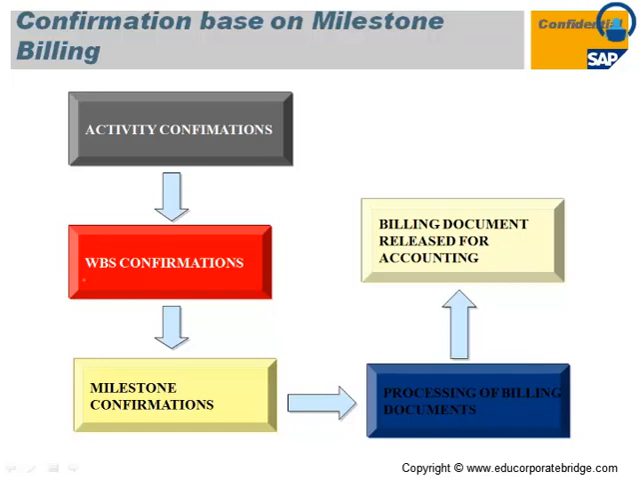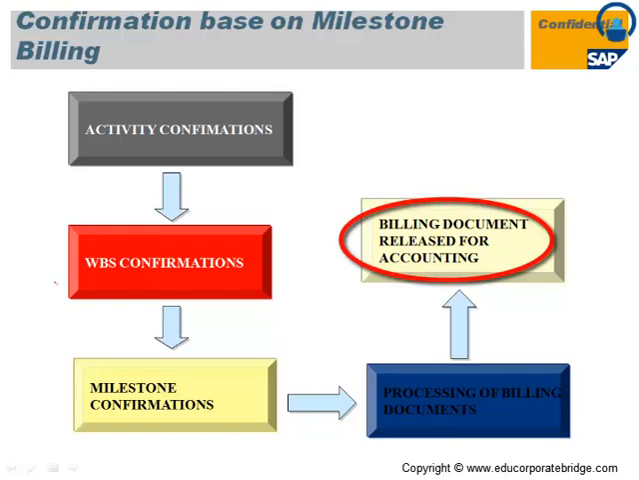The confirmation is based on milestone billing. So if any milestone is assigned to that particular activity, the activity gets confirmed, then the WBS gets confirmed, the milestone gets confirmed, and for the WBS assigned to the sales order which contains the particular milestone, there is one